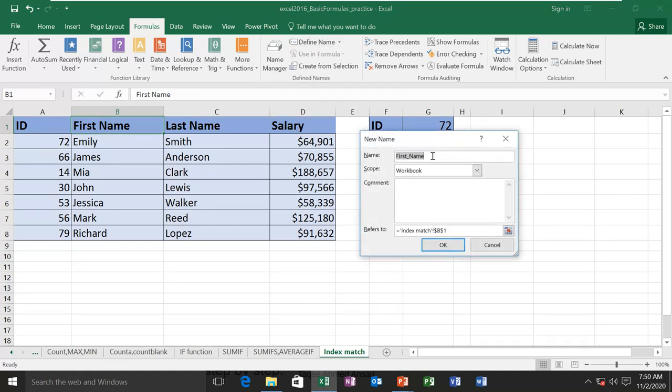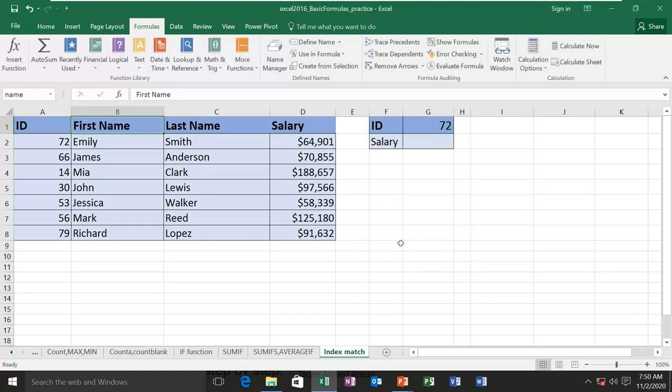So I will say, okay, this is just name. I'm saying this is name, and it is selecting that this is the cell for which I'm defining a name. As you can see, it is very hard to give this address every time, so I can give only this. Now the name is defined, I can use it anytime, anywhere.